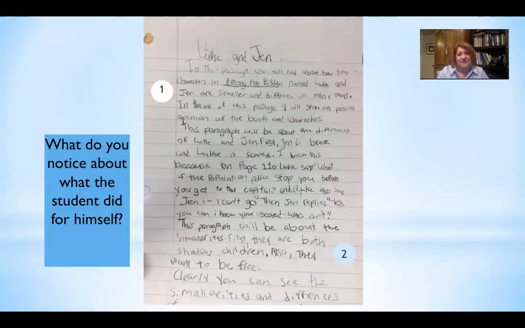I'm sorry. Luke and Jen are similar and different in many ways. Instead, I have to get closer. Oh my goodness, this is what happens when you don't have your glasses on. Here we go. Okay, in the end of this passage, I will share my personal opinion of the book and